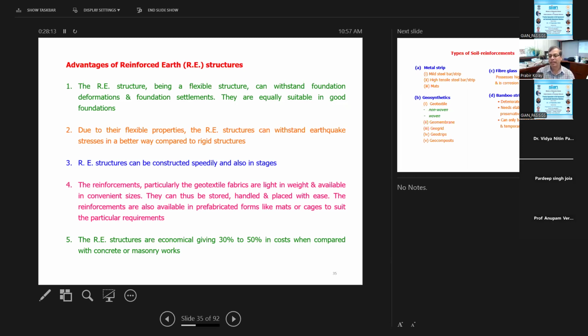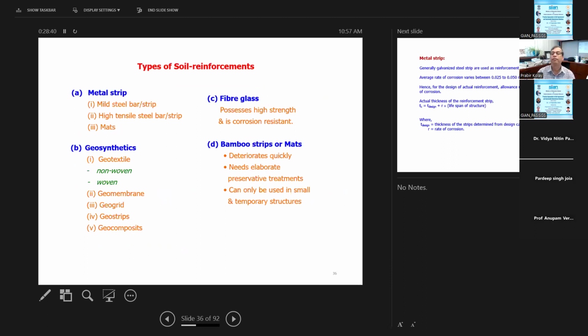Reinforcement, particularly geotextile fabric, is lightweight and available in convenient sizes. It is a factory product, so you can lay it easily. It comes in a roll, so you can do the construction very quickly. And reinforced structures are economical, giving 30 to 50% cost savings when compared to conventional concrete retaining walls. It's less expensive. So you can use a different type, or you can use metal